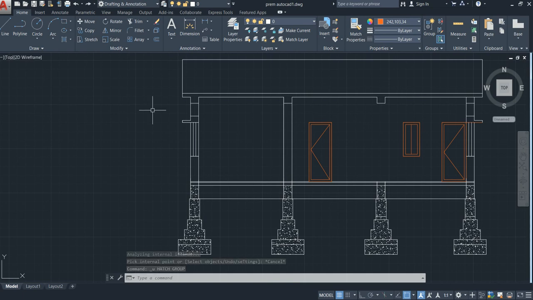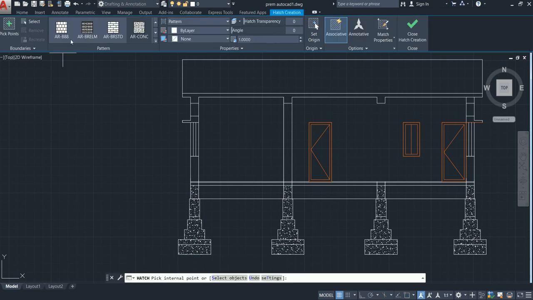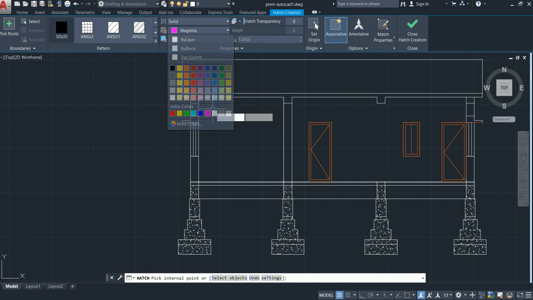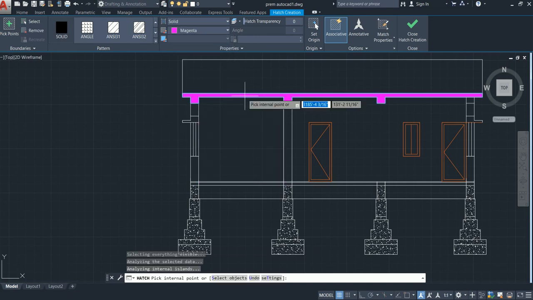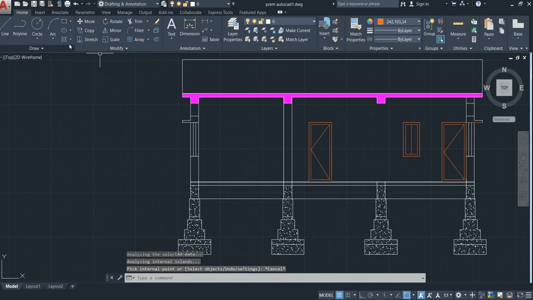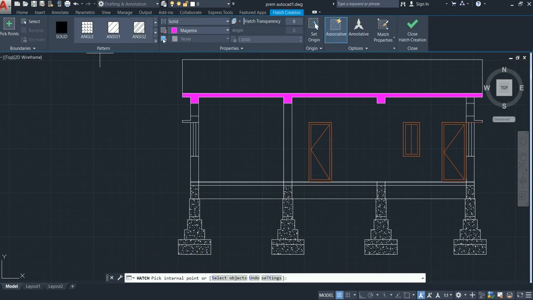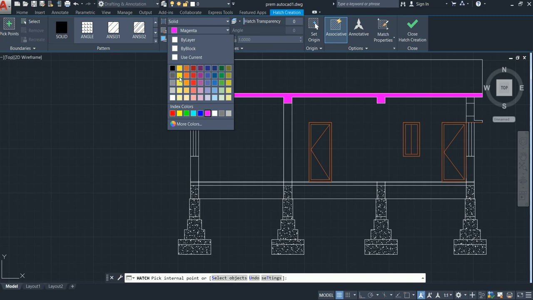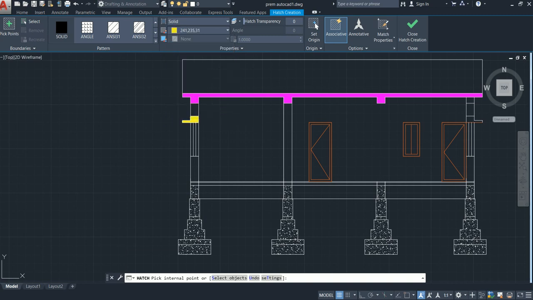Now go for hatch, go for solid, go for pink. Now the beam, skip it, go for the lintel. Whatever color you provide for the lintel, your section plan will look attractive.